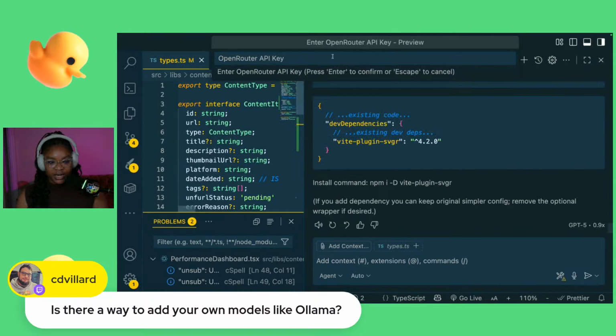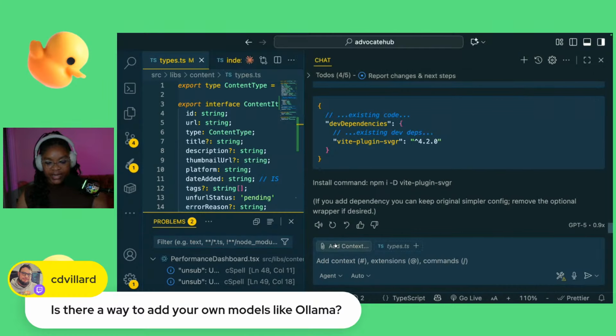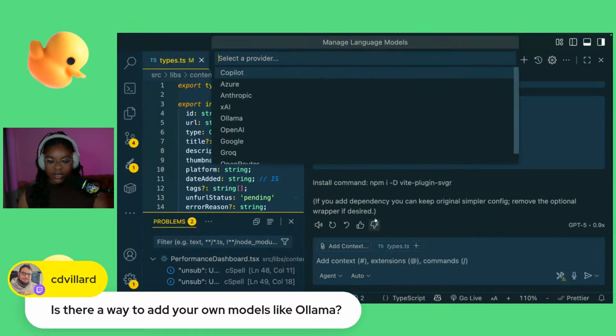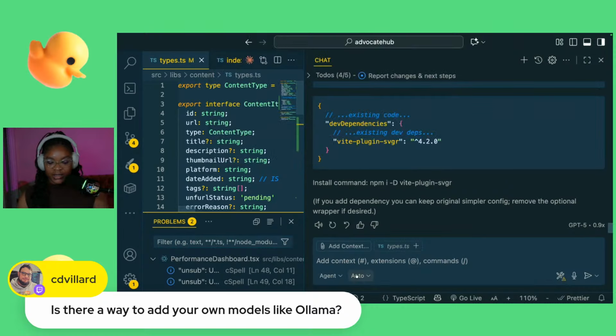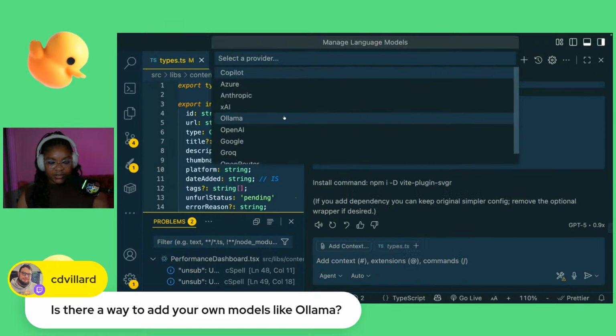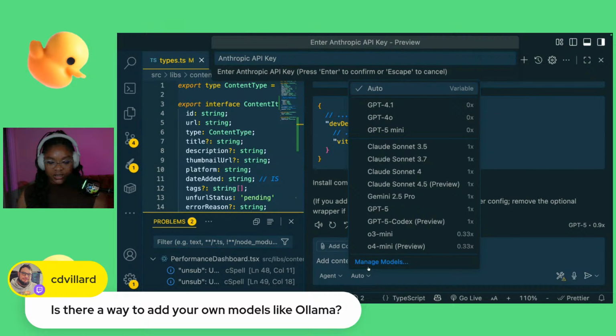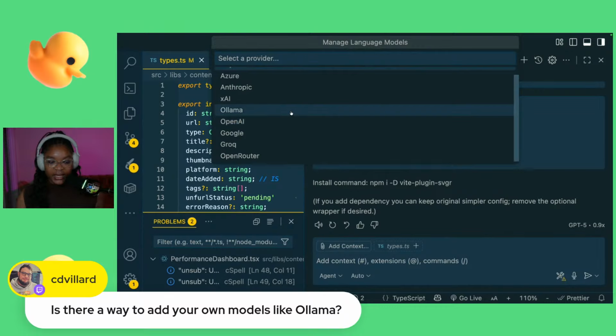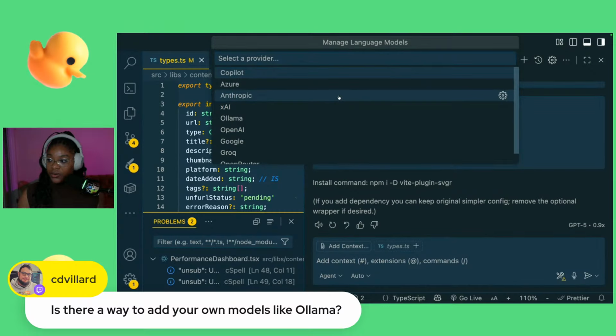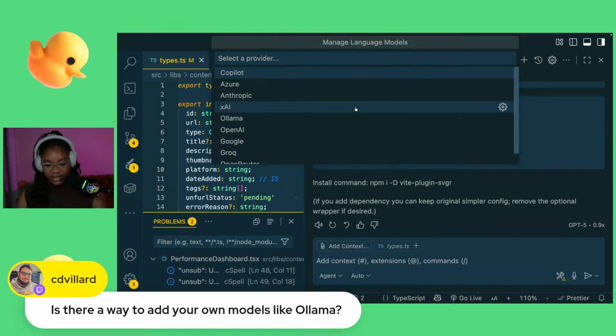For OpenRouter, it'll say add your API key. That didn't pop up when I clicked on Ollama. That's something I'll bring back to the team so they can take a look at it. But yeah, with Azure, you can even use your own API key for Anthropic to directly connect with Claude or one of the Claude Sonnet models that way. You have a few options here to bring your own key, which is excellent.